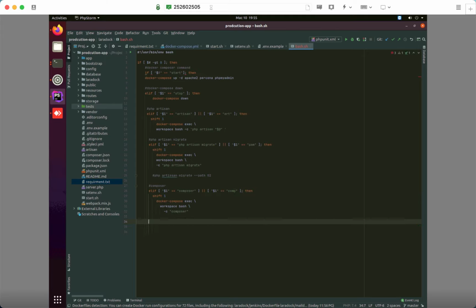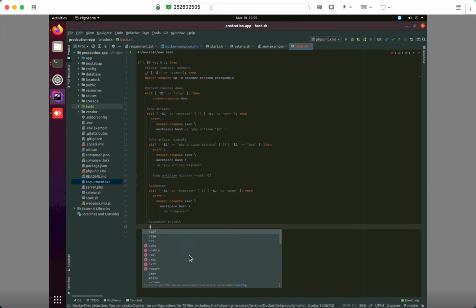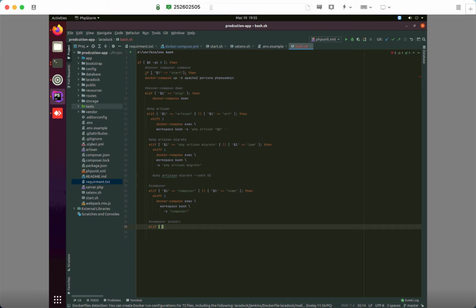So we go for another example also. If you want to use composer install, then I define here composer install command, and it's an if, then double quotation $1. It is equal to composer install if someone types composer install, or if $1 equal to someone types comp ins, then